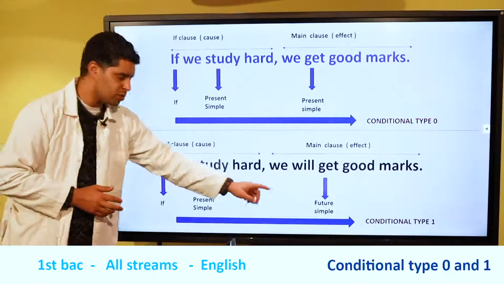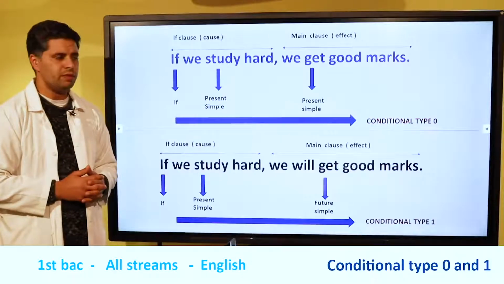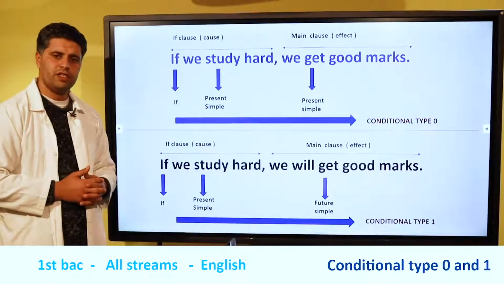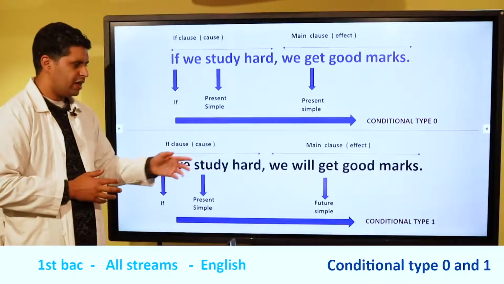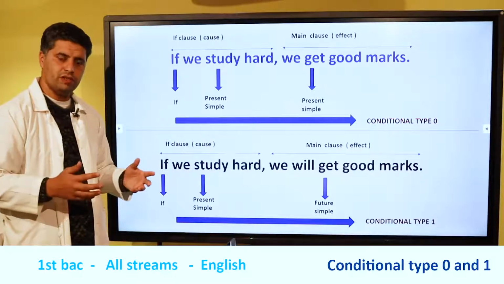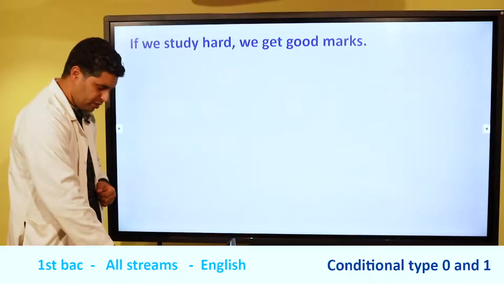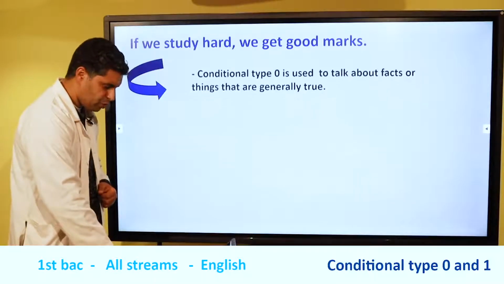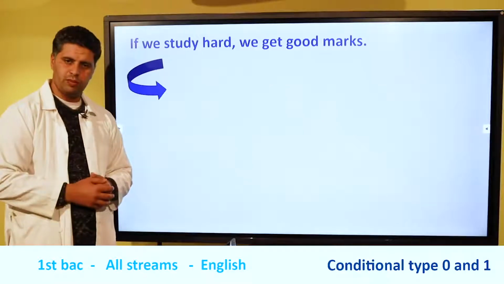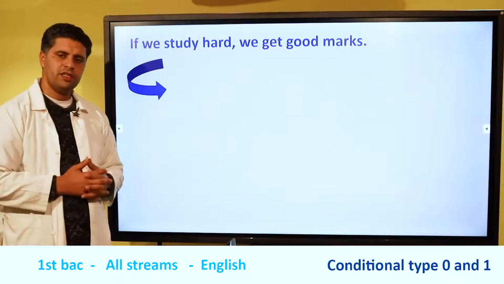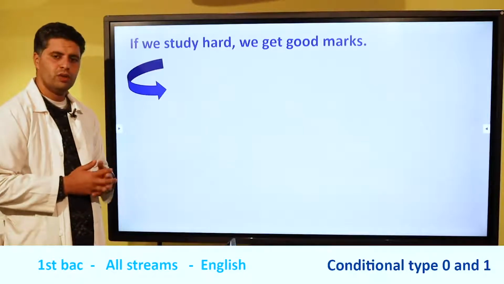But why? Because we have the future simple here, and here we have the present simple. So the first structure is the form of the conditional type 0, and the second structure is the form of the conditional type 1. Okay, now let's focus on why we use conditional 0 and why we use conditional type 1. Here let's take the same statement we started with, which is, if we study hard, we get